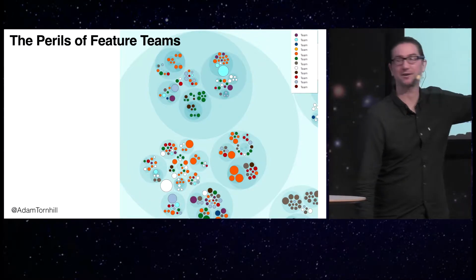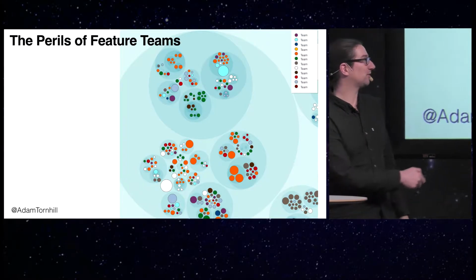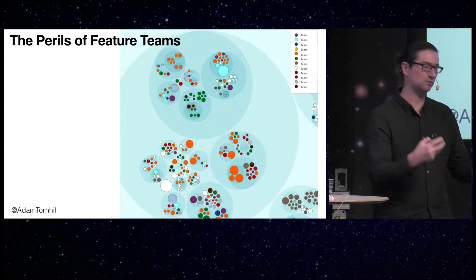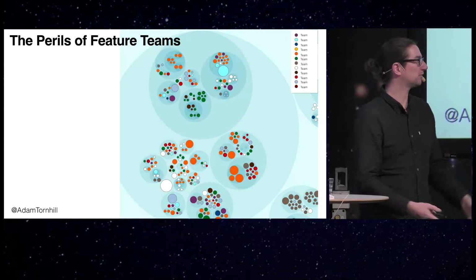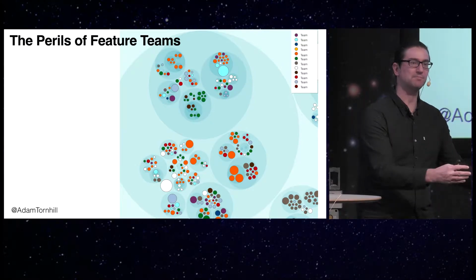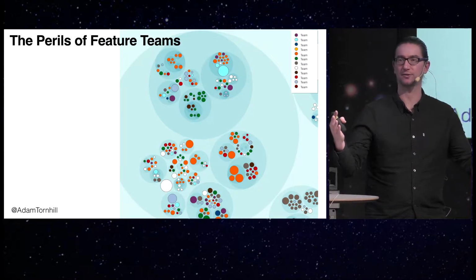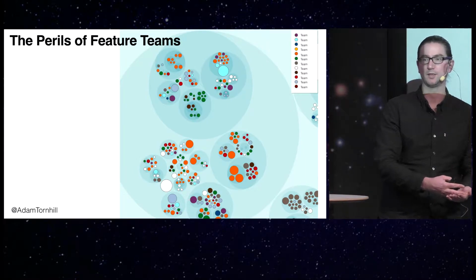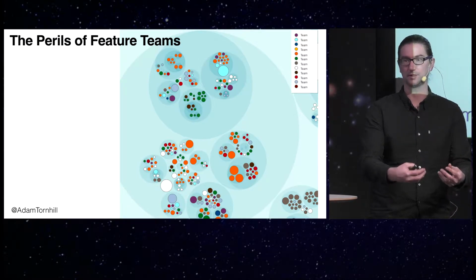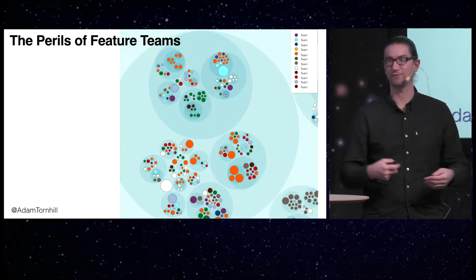Does anyone see any patterns in that one? Neither do I. And that's because what we have here is a small disaster. This is actually a complete coordination breakdown. Because what we see here is that all 12 teams need to work in the same parts of the code all the time, but for different reasons, because they work on different stories. So not only is this going to be incredibly expensive from a coordination point of view, this is the stuff that nightmares and merge conflicts are made of.